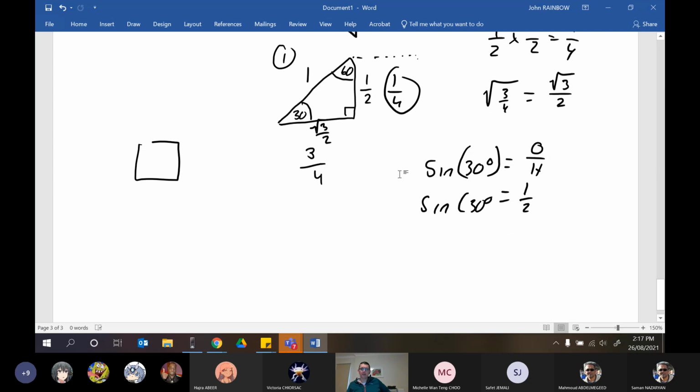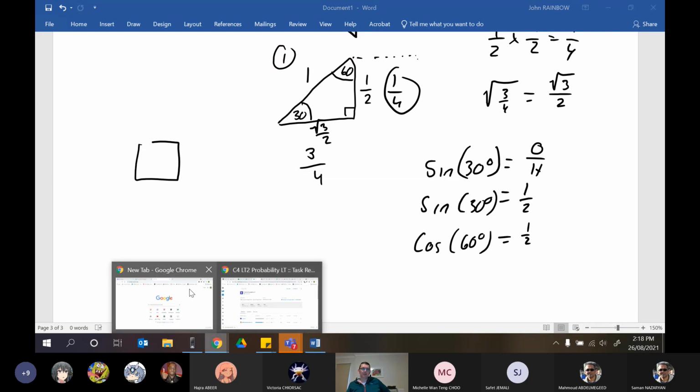And here's a fun fact. What is cos 60 degrees? Is that a half as well? It is, because it's adjacent over the hypotenuse. They both come from the same triangle. And that's why it's a half. Interesting, in my opinion. If you actually, here's something that's more interesting. Before you guys actually used your calculator,